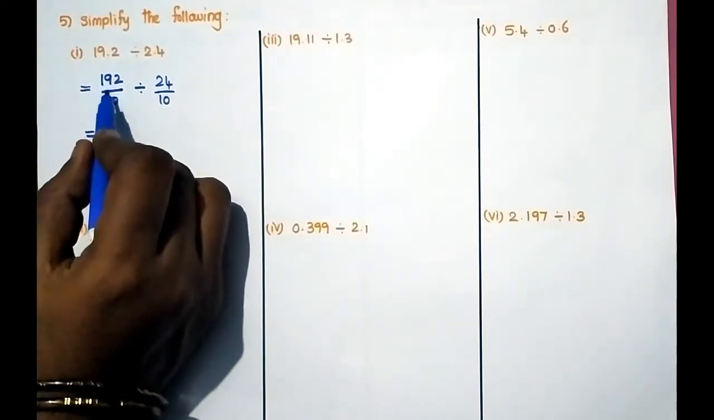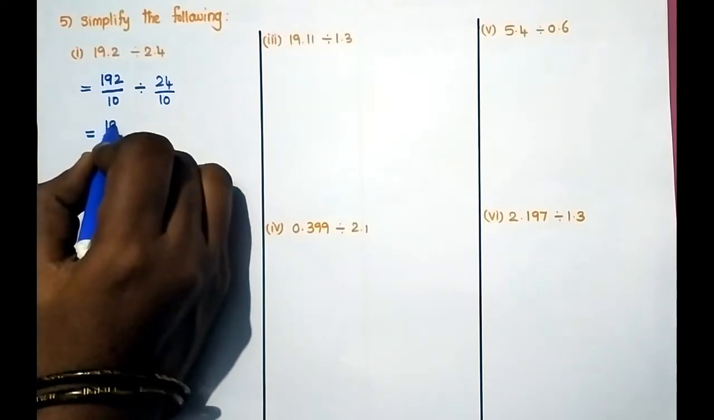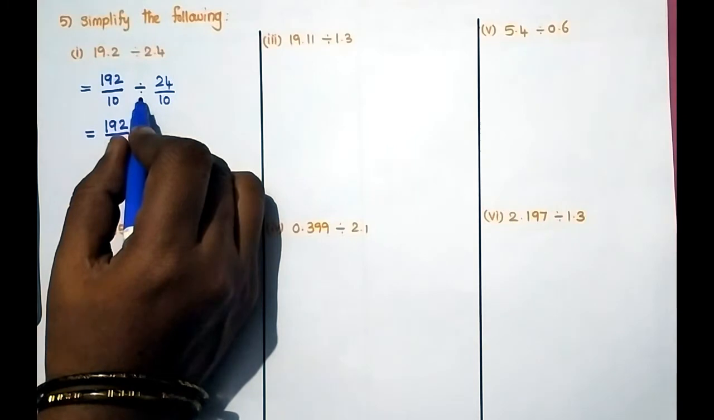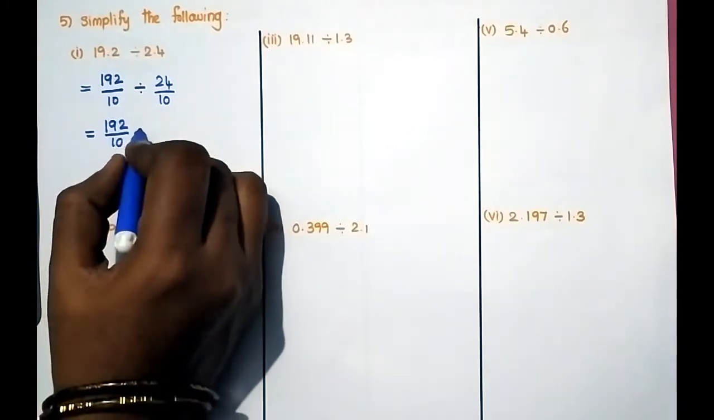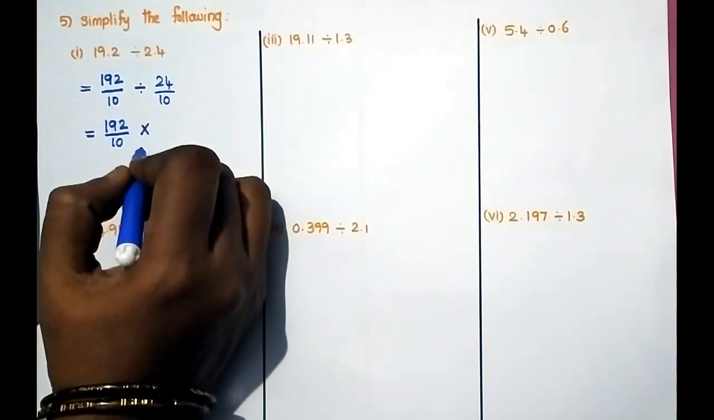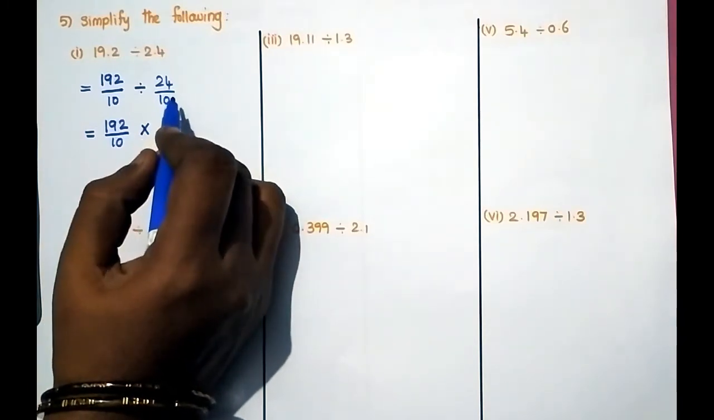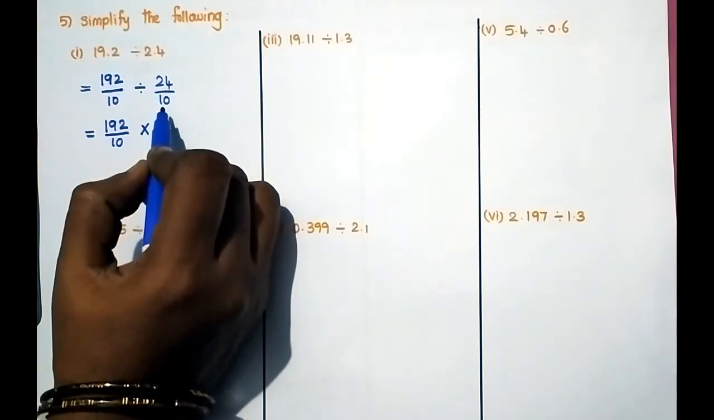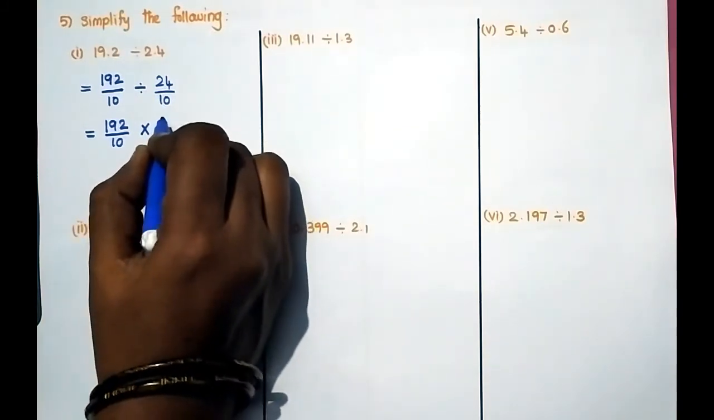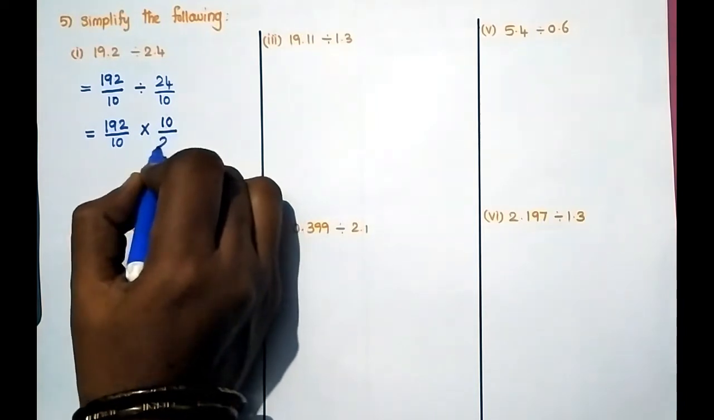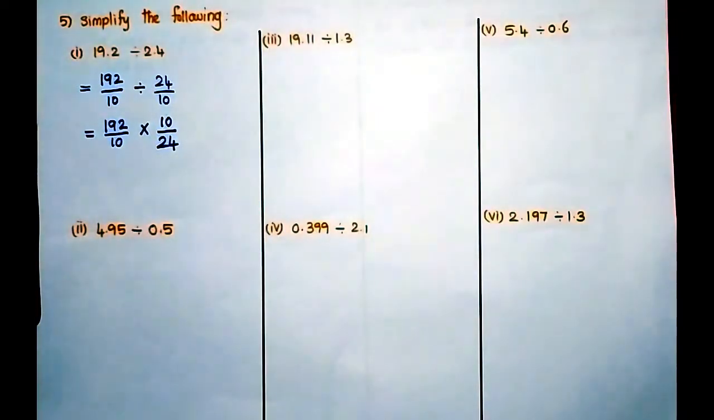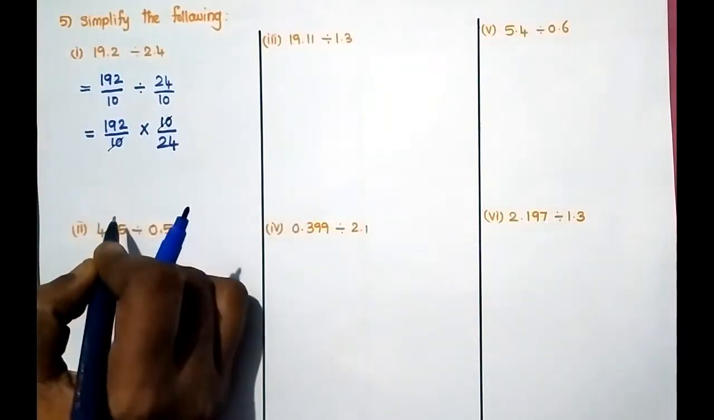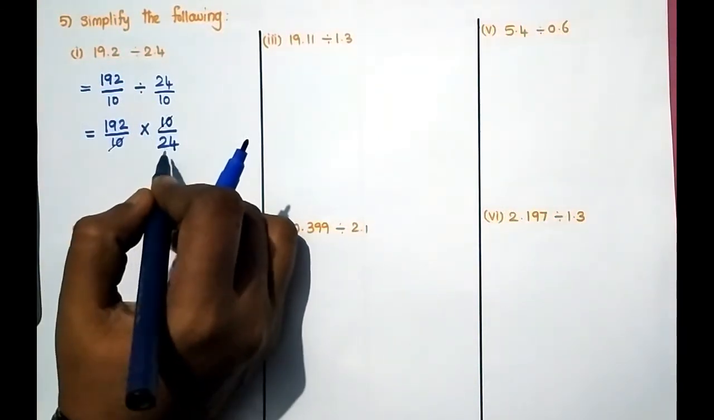Next step, write down the first fraction as it is, 192 divided by 10. Now change the sign, change into multiplication. What is the condition? That is, take the reciprocal for the second fraction. So 24 by 10, what is the reciprocal? 10 by 24. Now cancel these numbers. 10, 10 get cancelled, and here